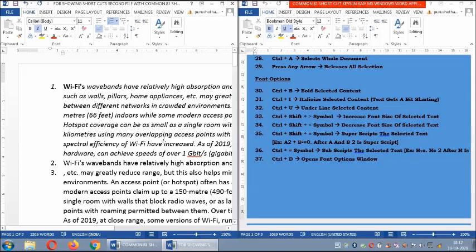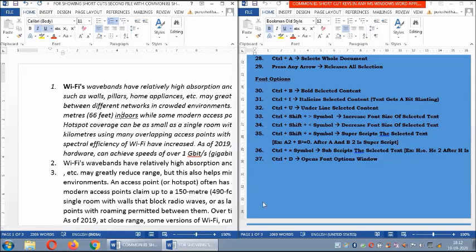Now, why do we underline? Here on the right side it is talking about highlighting some important points. It is underlined, a line under the word. How do I do that? I place the cursor where I want. I want the "indoors" to be underlined.